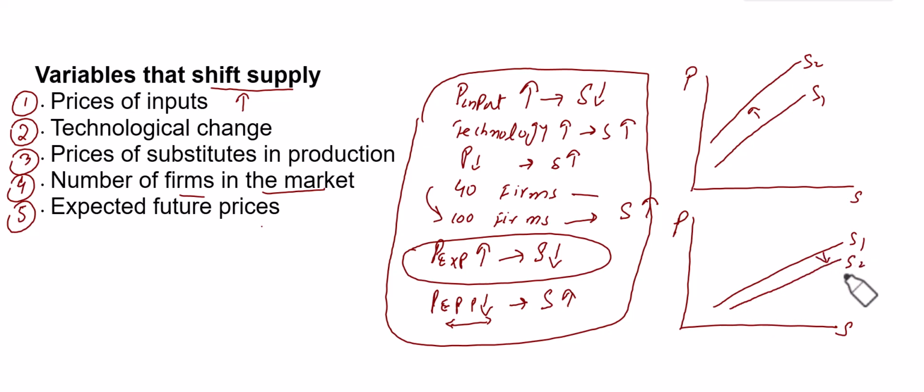This increase in supply is not because of the price level, but other than the price level. So when there is any change in those factors which are other than the price, they will shift our supply curve. In this way, the supply curve shifts from left to right. So when supply increases because of factors other than the price, the supply curve will shift rightward. And when supply decreases due to factors other than the price, then the supply curve will shift leftward.